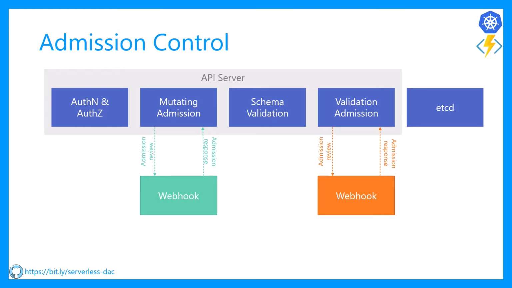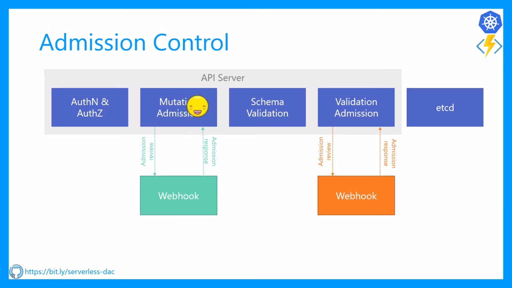Standard admission controllers are packaged with the Kubernetes release as plugins. On the other hand, dynamic controllers are configurable at runtime and are developed outside the core Kubernetes code base. The only type of dynamic admission control is admission webhooks, which receive admission requests via HTTP callbacks. Here you can see how the admission controller sends an admission review HTTP request to the dynamic admission webhook and receives an admission response.